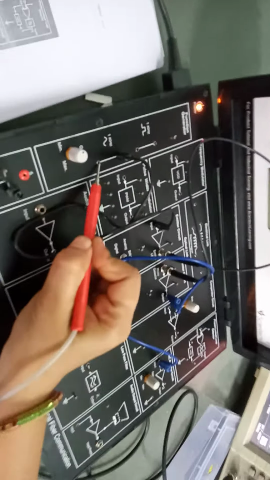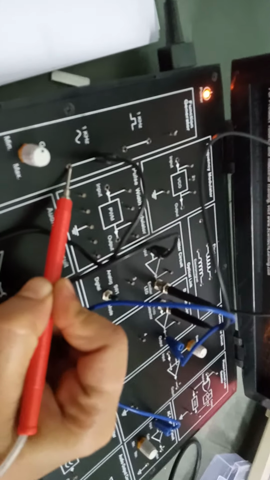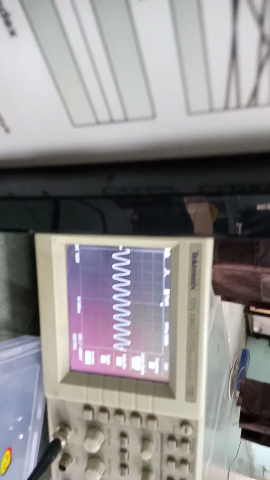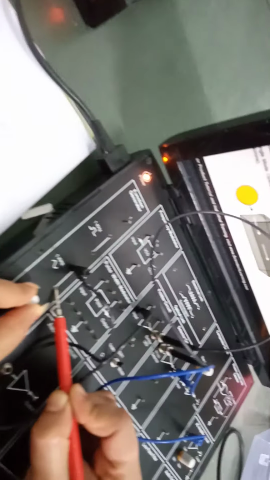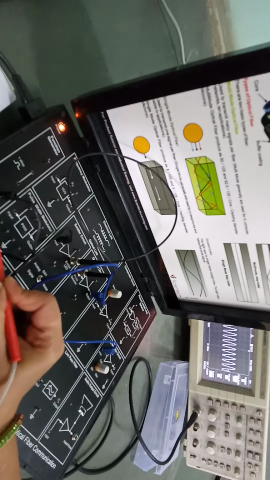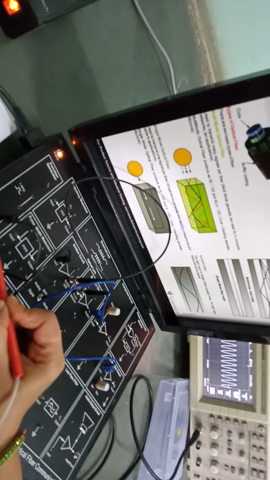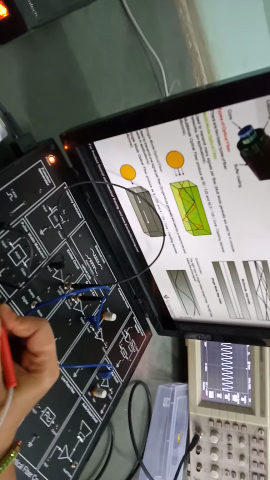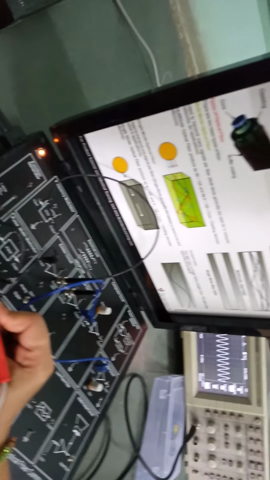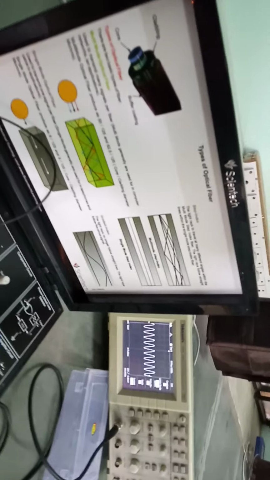So see here, whenever we are checking through 1 kilohertz, the input which we are getting here in the DSO, this input we are transferring through this fiber optics. So see, now we are increasing the gain. As we are increasing the gain, as you can see in the DSO, the waveform is increasing. The value of the waveform varies from -1 to +1, as you can see in the DSO.